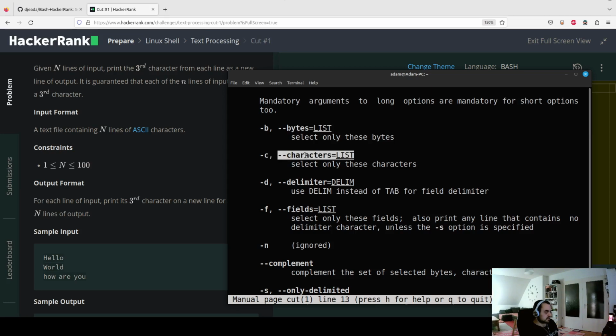And -c refers to characters, so individual characters. And here it tells us that it is used to select only these characters, and that might be a little bit misleading because here we are providing the indices, the positions of those characters. Yeah, so if I want only to see the 5th character, I would use this flag. Delimiter allows us to specify with which character or number of characters